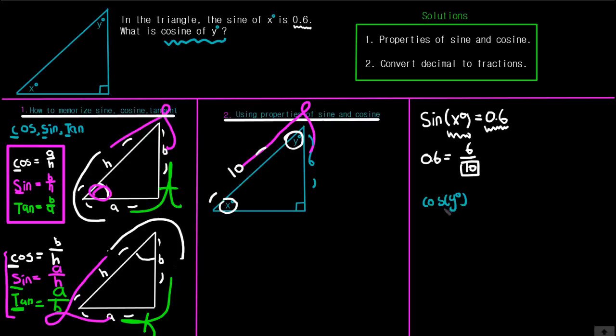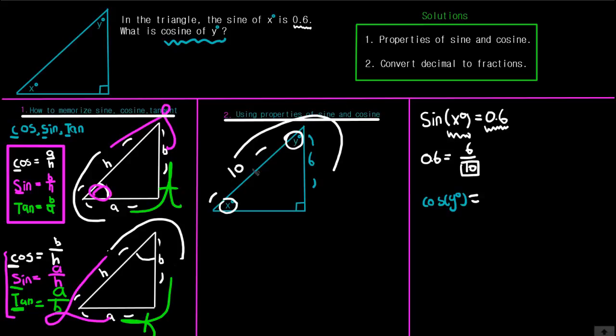Whatever degree is inside the parentheses of cosine, sine or tangent will be the central angle. We know that for cosine, we write c, and it always starts from the hypotenuse and goes all the way down to the baseline. So for cosine of y degrees, our central angle is y degrees,